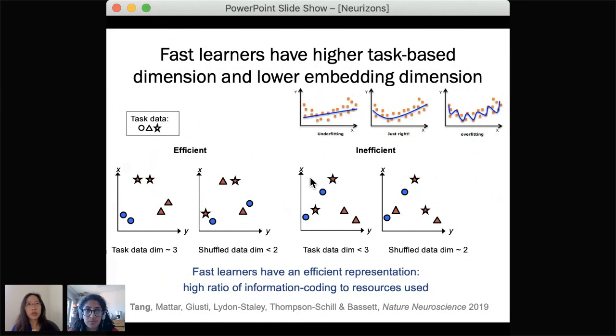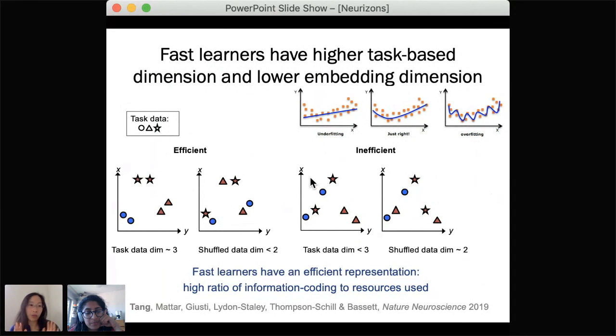And because we saw in the end that the fast learners actually had their null data, what we call embedding data, because it should just be the data without any task information, had a smaller dimension, it seemed that they were using less resources, less raw brain power, but then somehow they were able to distinguish between the different shapes better when we put the shape information on. So this is something that, again, is surprising for us as well.